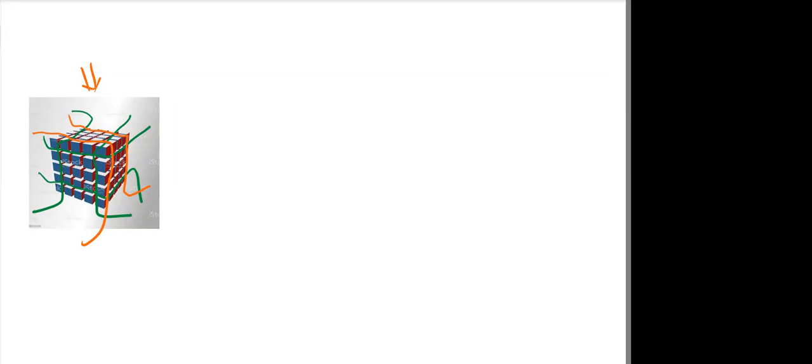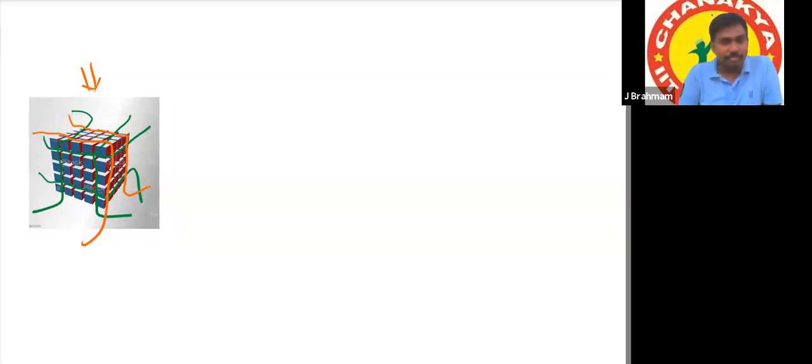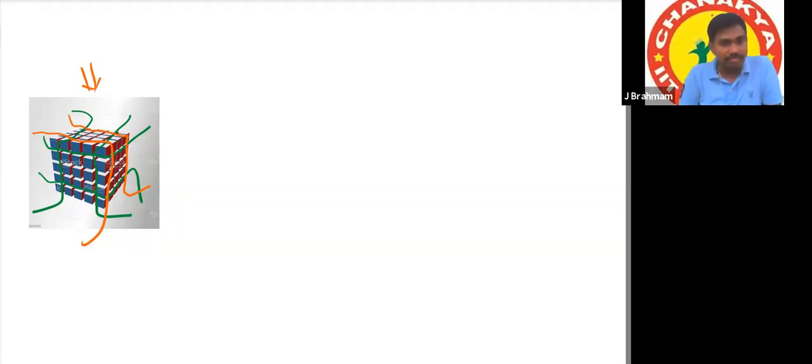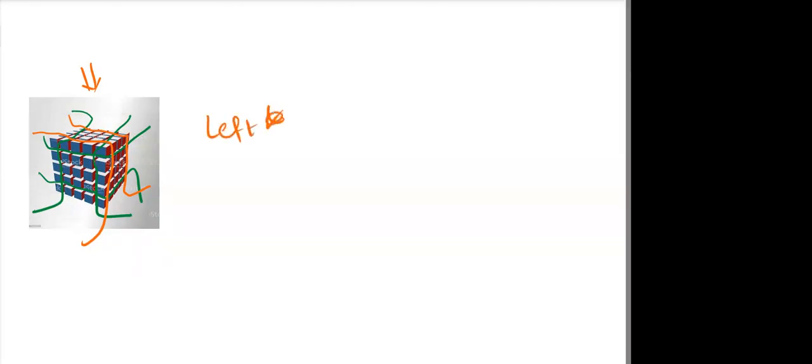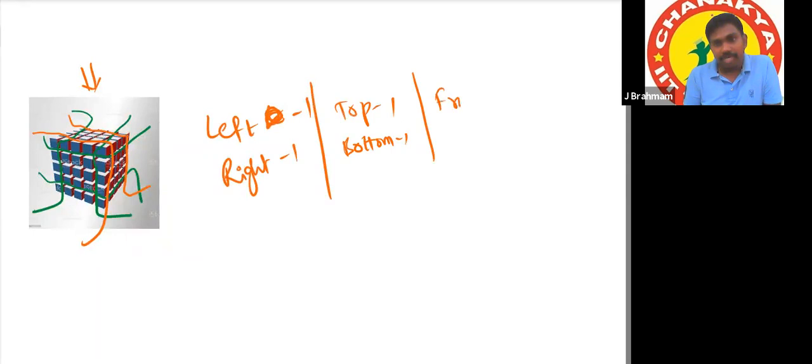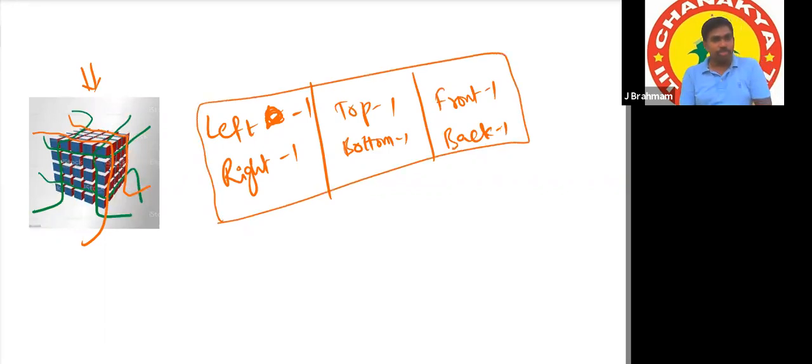Yes, sir, the middle portion is available. Yeah, that middle portion is not painted yet. Sir, but it's painted on the outside, right? Outside is painted. That's why we are taking off that outside layer. Left one layer, right one layer I'm removing. Next, top one layer, bottom one layer I'm removing. Next, front one layer, back one layer I'm removing. So after removing all these layers, you will compulsorily have some smaller cubes left. Those cubes are not painted at all. Yes or no?